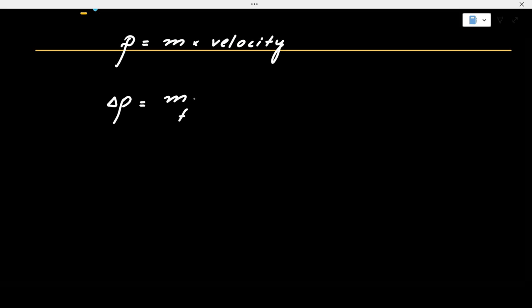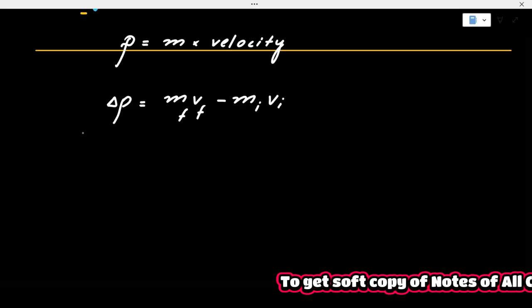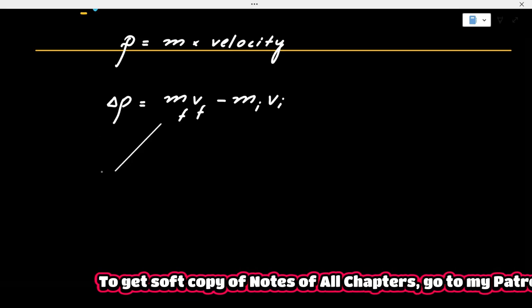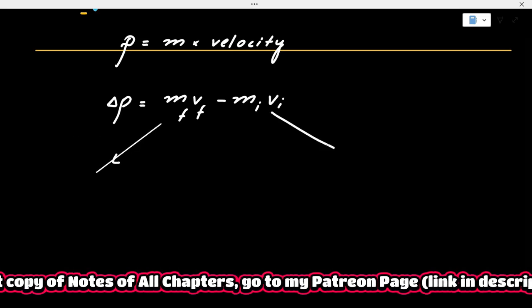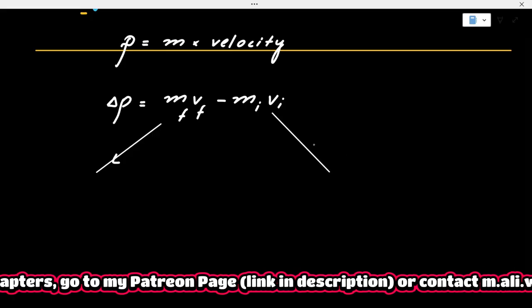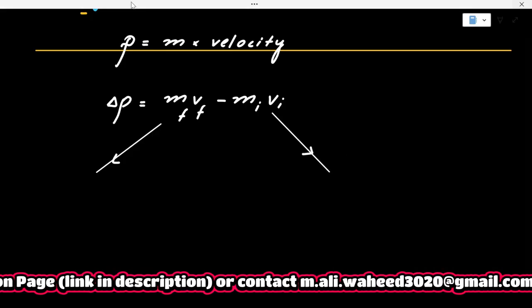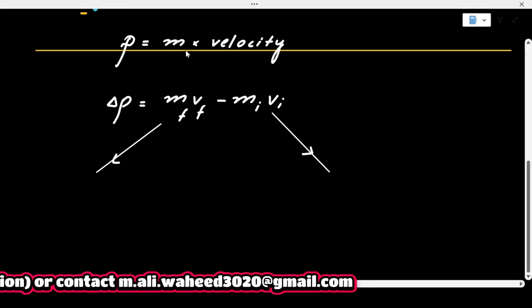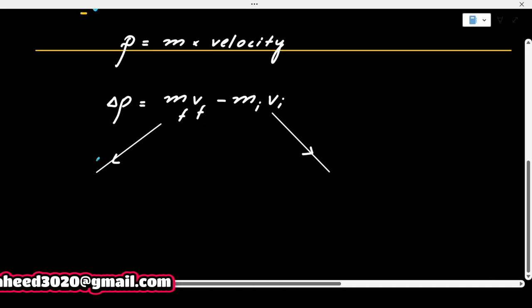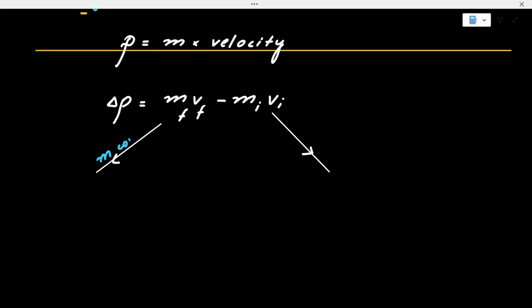the final mass times the final velocity minus the initial mass times the initial velocity. And if in this expression mass remains constant, if m is constant, the same formula can also be written as delta P equals m times (v minus u), and we use